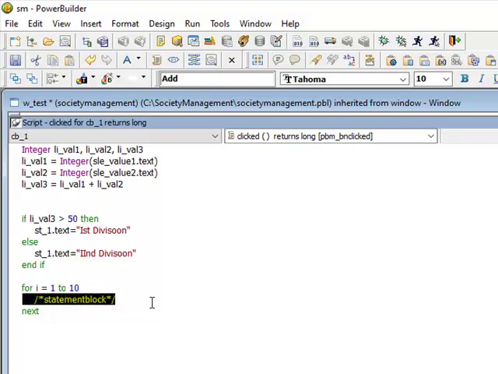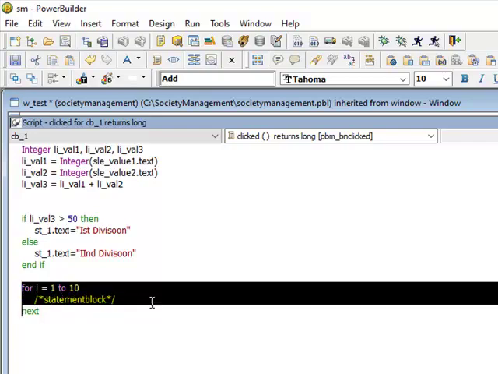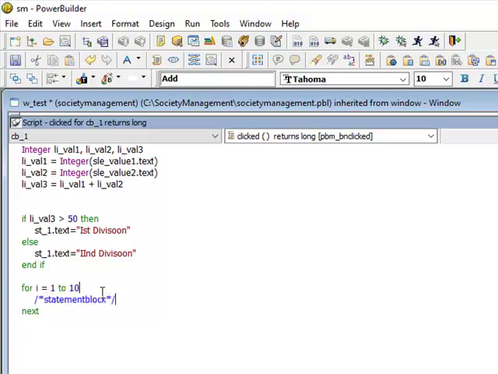So what will happen? This loop will run 10 times, right? And then I want to add from 1 to 10.